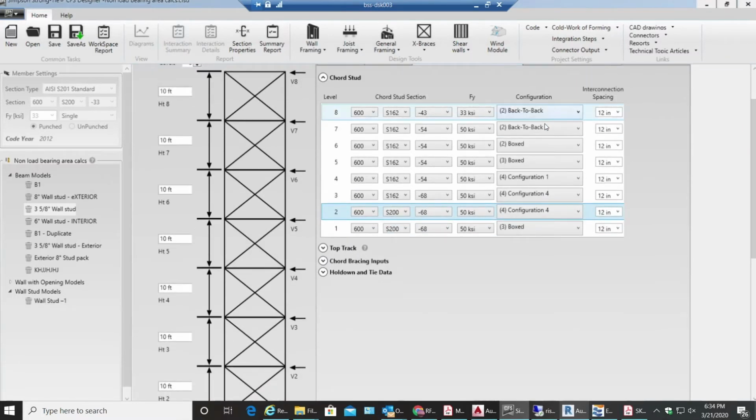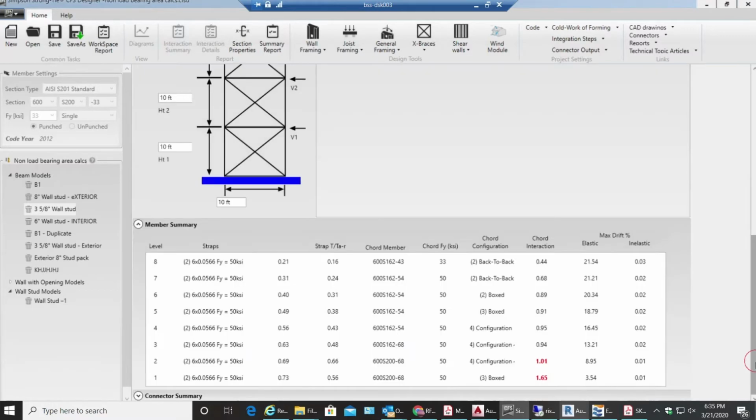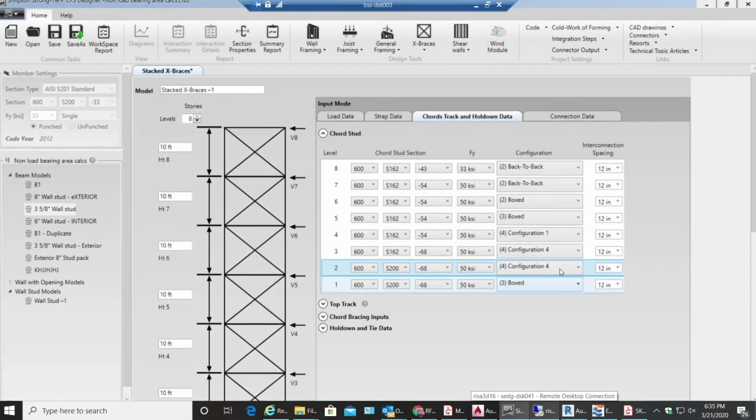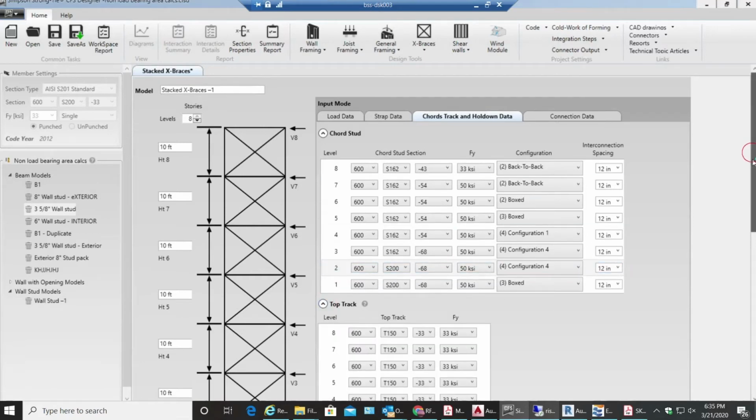So on the top 2 levels, actually 3 levels, I need 2, whereas on the 5th level I need 3, whereas on bottom levels 4, 3 and 2 I need 4, and on level 1 I need 6, on the basis of the interaction ratio. As you can see, it's 1.65, and 3 can only take half of the 1.65. Make sure the track data you input is right